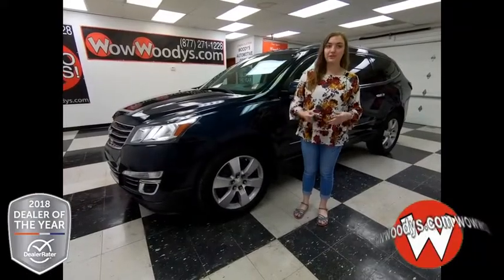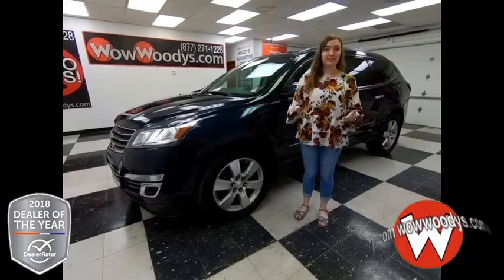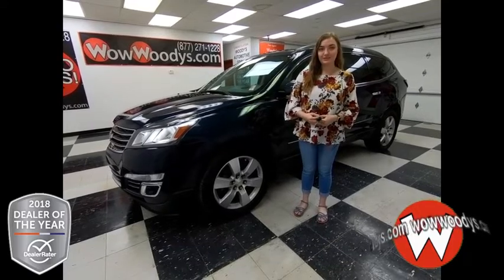Family vehicle for you and your family that has tons of seating, including third row, that has something to keep them occupied like rear entertainment, plus comfort for yourself like heated and cooled seats, then you'll love this 2015 Chevy